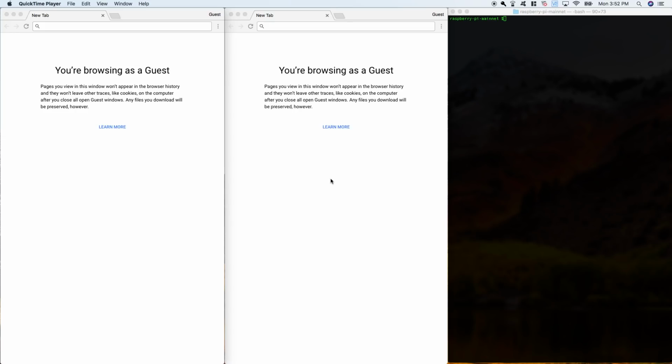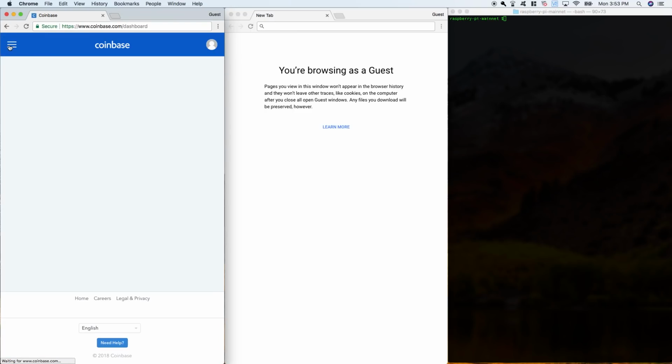Originally, we were going to send funds from Coinbase into the Lightning Network and buy a t-shirt from Blockstream. But today, Blockstream's node is having some issues. So instead, we will be sending Bitcoin from Coinbase into a local mainnet node that I have running on a Raspberry Pi. So before we get started, let's log into our test Coinbase account